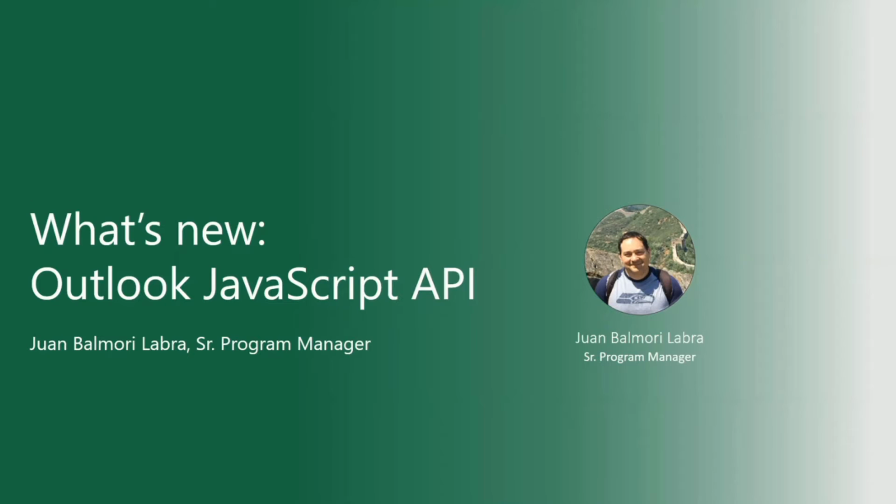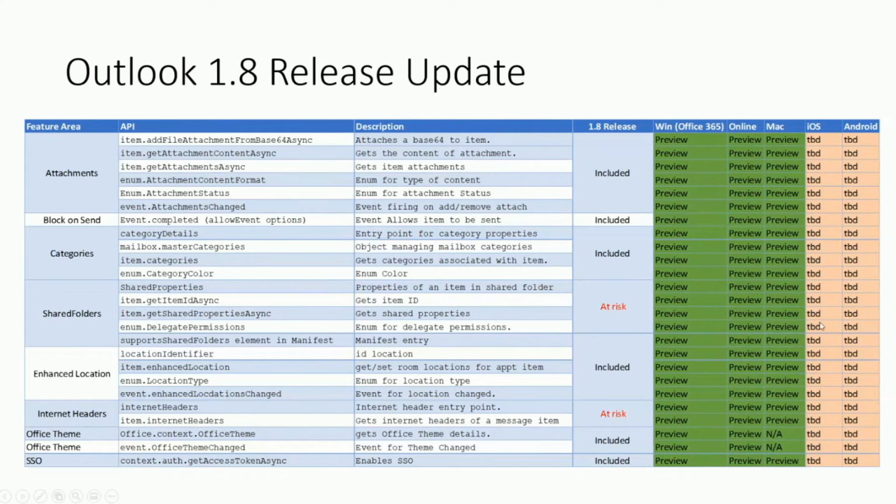Hello, everybody. It's Juan Balmori here. I'm going to give you a quick update on the Outlook JavaScript API investments we are doing. First of all, I'm going to give you an update on the 1.8 release, and then I'm going to focus on a demo around block consent on Windows and also the categories APIs. We didn't participate in the last month's call, so the huge update here is that